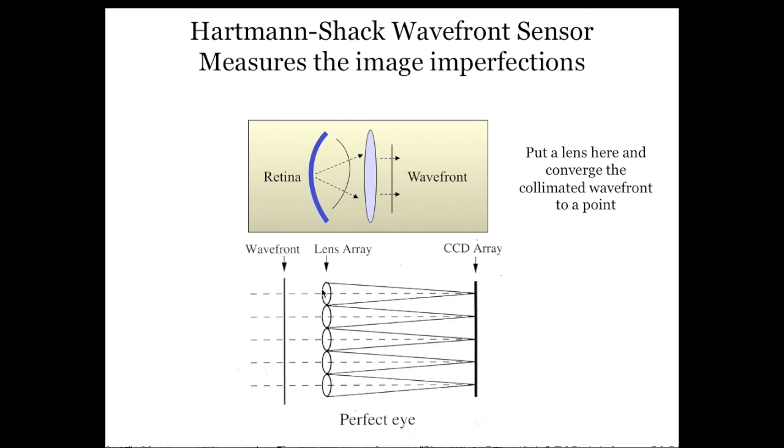And if it were perfect, you could put a whole little array of little lenses called a lenslet array, or a lens array, but a lenslet array if they're really little lenses. As the light comes out through there and it's captured, each lenslet, since the ray is coming in right through the middle, will head straight along, and to the extent that there are rays coming up and down through the aperture of this, they'll all be converged. It's like they're coming from infinity, so they'll come down to the focal distance, the focal plane of this lens, and then one over here to this lens, and so forth. And what you get at the back on this measurement array could be CCD, could be CMOS. If you had a perfect aberration-free reflection from the eye, you'd get a set of points that are nicely equally